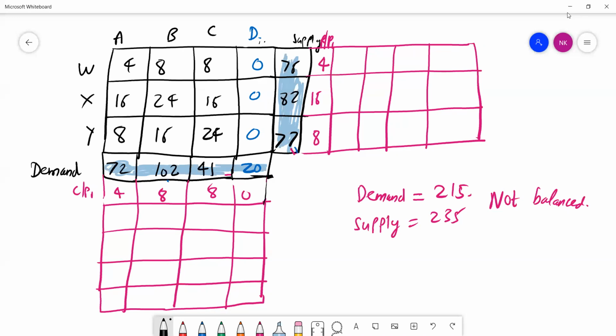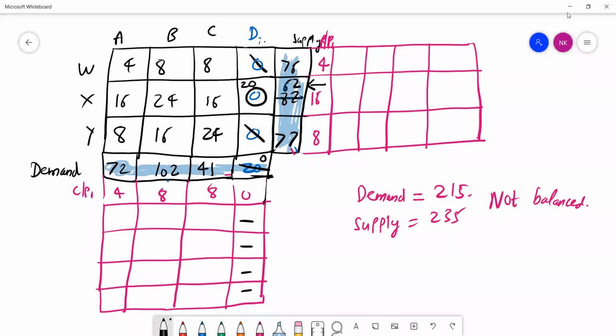Fine. So look forward for the highest penalty. So it's this one, which is the minimum value. It's 0. So allocate the 20 to 0. So this will become 0. This will become 62. Since this has become 0, just ignore it. And you put zeros out here.